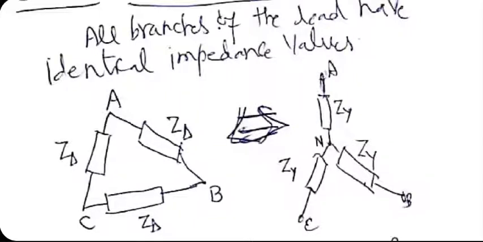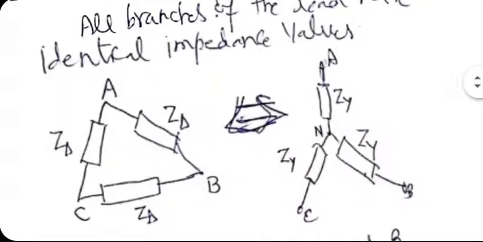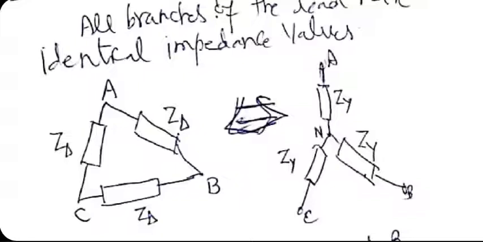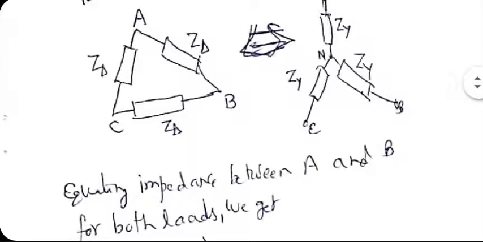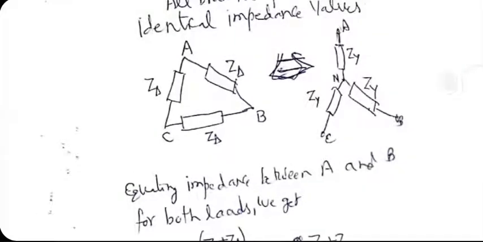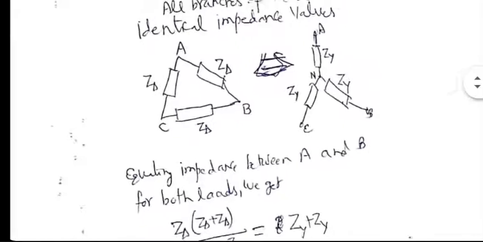Now the technique to figure out ZY value in terms of Z delta value is to calculate the input impedance between, let's say, capital A and capital C in both cases and equate the result. And then do the same thing between capital B and capital C in both cases and equate the result. And then do between capital B and capital A and equate the same result. Because of balanced systems, you don't have to do it 3 times. Doing it once is enough to give you the result. You want to figure out the formula that connects ZY to Z delta. That's your objective. And it's fairly easy to figure out.